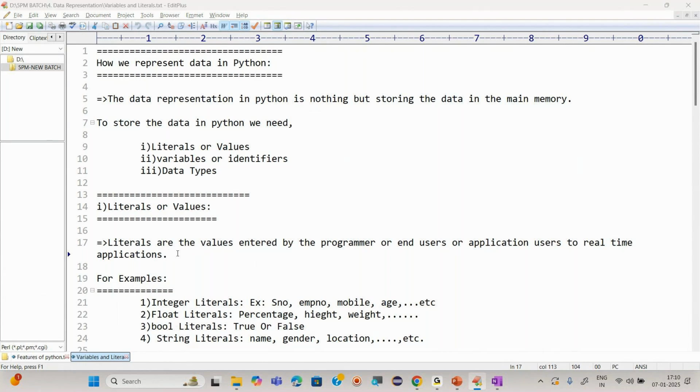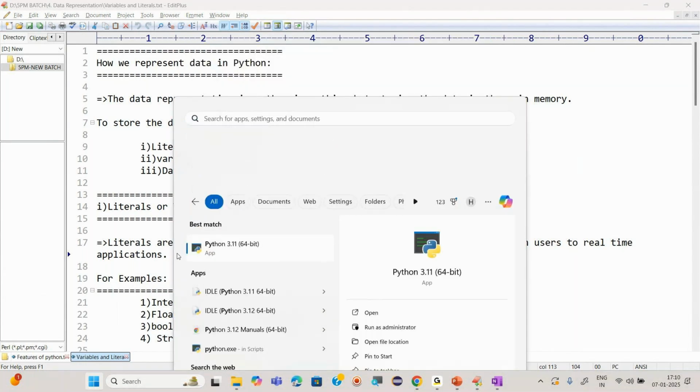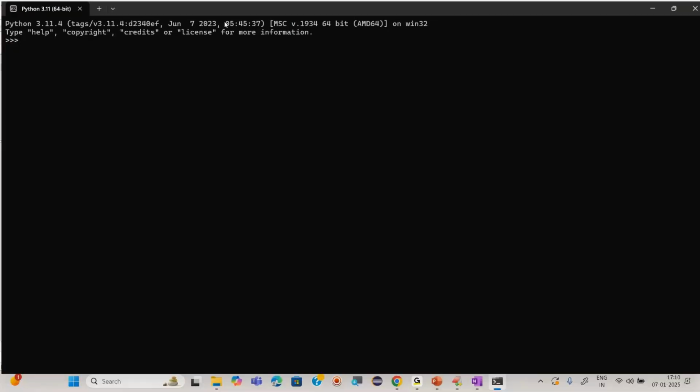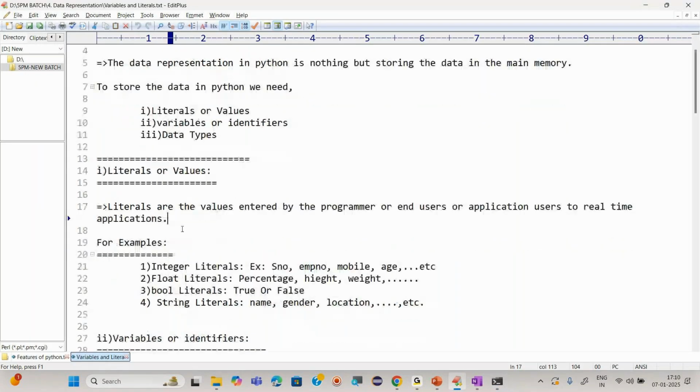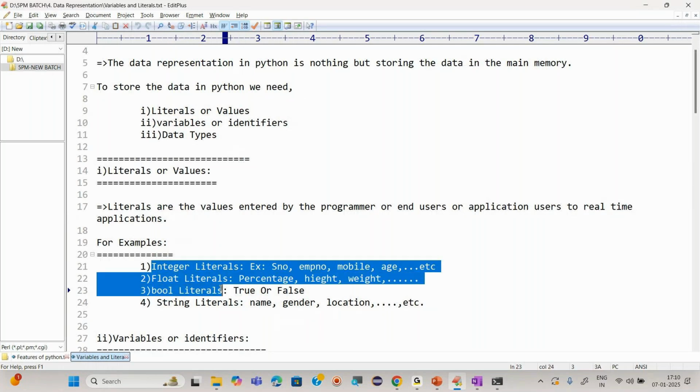For example, I say a is equal to 200. Here this 200 is nothing but a literal or a value. But behind this value we also have different types of literals: integer literal, float literal, Boolean literal, string literal.